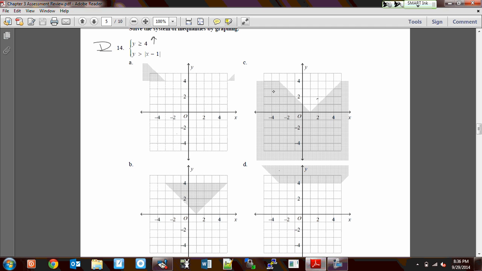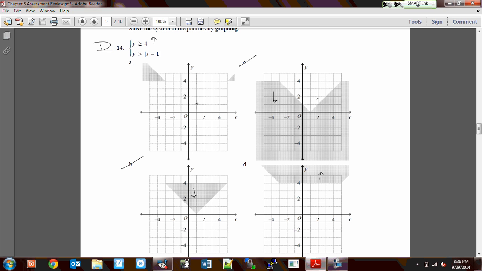Here's the line y equals 4. We're shaded below it, so nope. Here's the line y equals 4. Again, shaded below it. Nope. Line y equals 4, shaded above it. Yes. So we're down to A and C. Now, y is greater than the absolute value of x minus 1. All right, it's hard to tell here where the